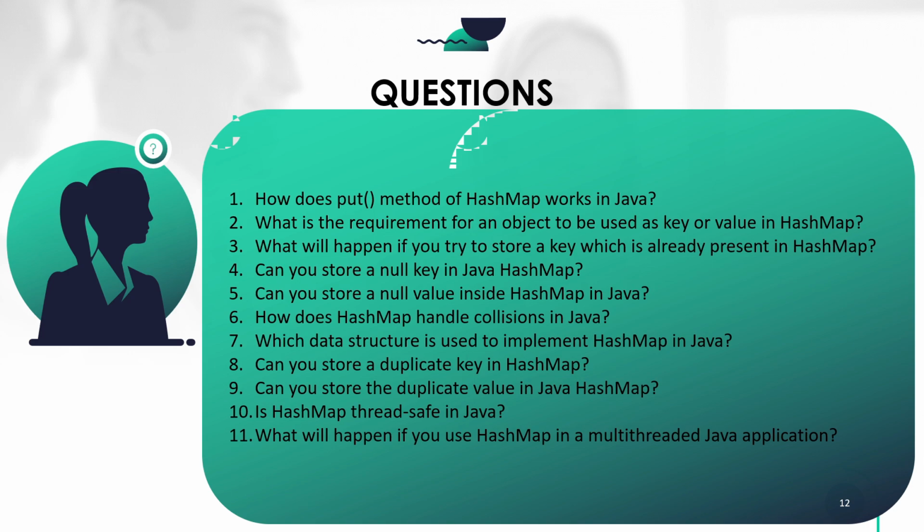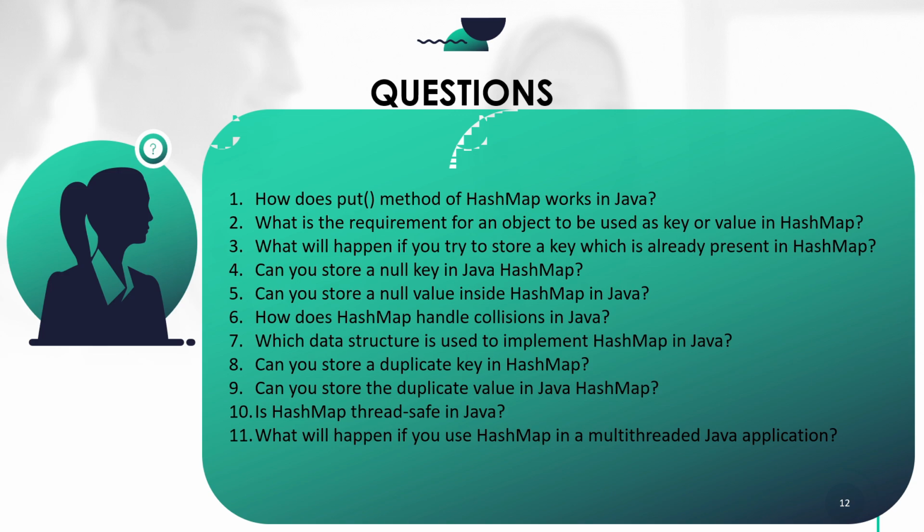As we already discussed, as soon as you do a put on the HashMap, it internally calculates the hash code. Depending on whether you have overridden the hashCode, it will use your implementation. If you haven't done that, it will use the implementation of the Object class. As soon as it gets the hash code, it does a mod by capacity and finds out the bucket onto which it has to insert a node or entry, in which it will store the data in the form of a key value pair. Once that is done, using the equals method, it checks if the key that it is trying to put is already present in the HashMap or not.